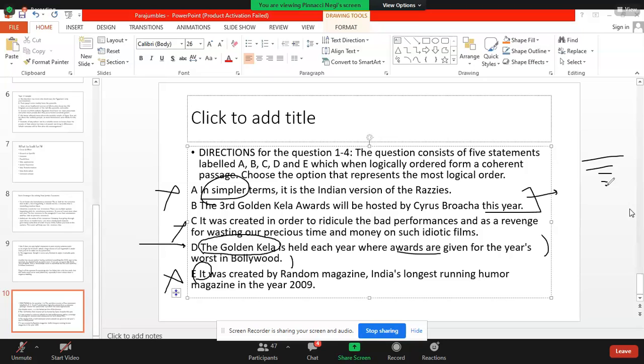And finally, you'd say that the Golden Kela Awards for this year will be hosted by Cyrus Broja. Okay, so this is movement from general to specific, because all the other sentences are not talking about the Kela Awards for this year. Please understand this. Answer option B would have been the opening sentence if the rest of the sentences spoke about the Kela Awards for this year, but they don't, right? So your opening sentence,